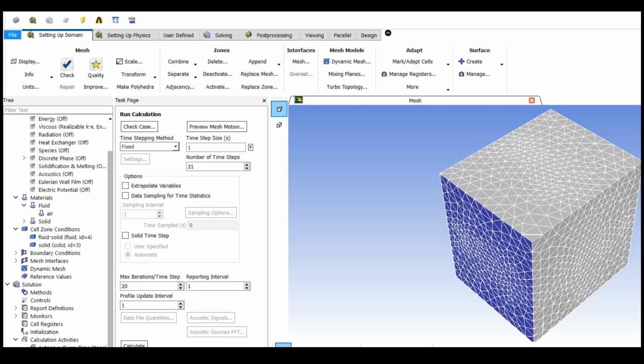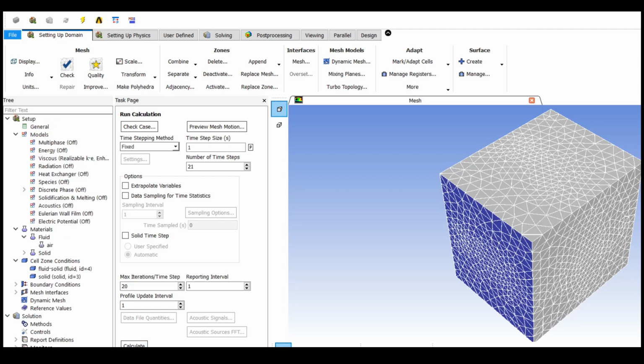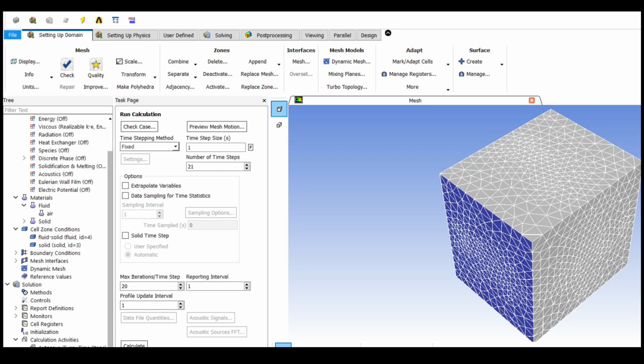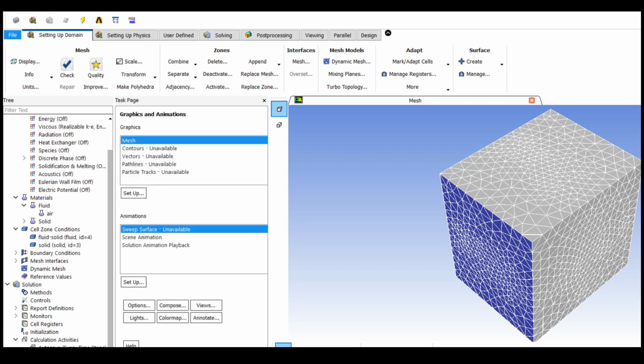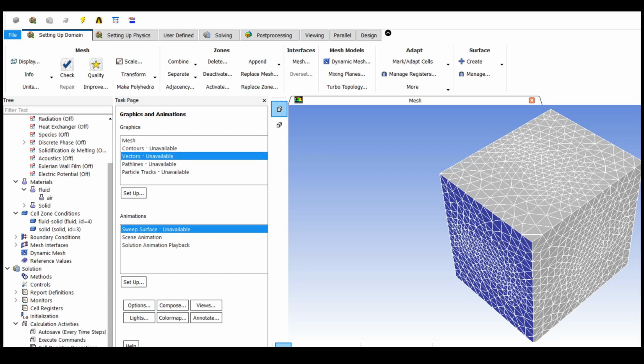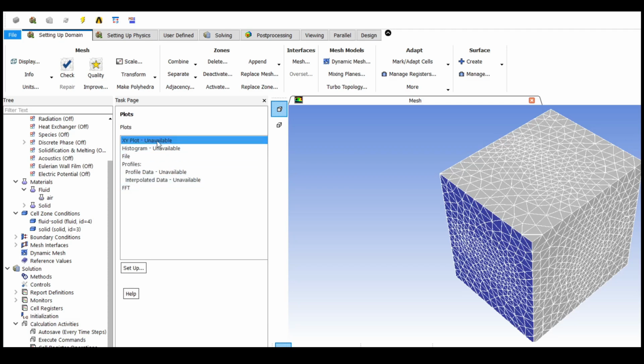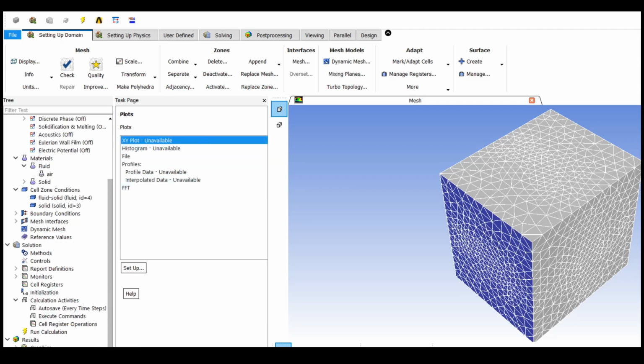So we can perform the calculation, and after the calculation we will move towards the results part. In the results we can have graphs, animations, etc. In the animation section we can choose which types of animations are available: contours, velocity, plot, etc. All those animations can be given, and XY plots and different plots are also available.